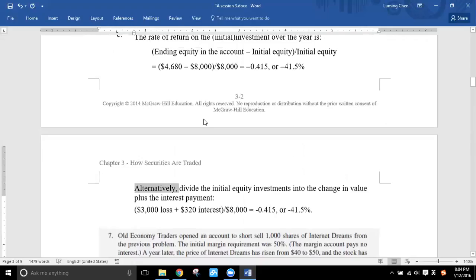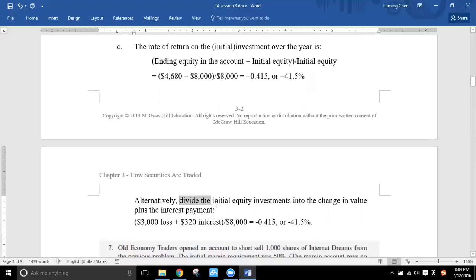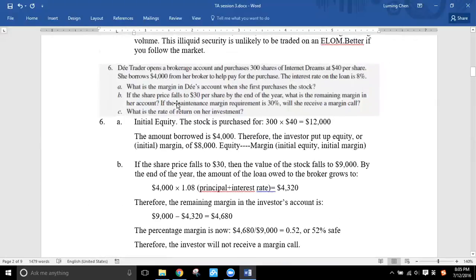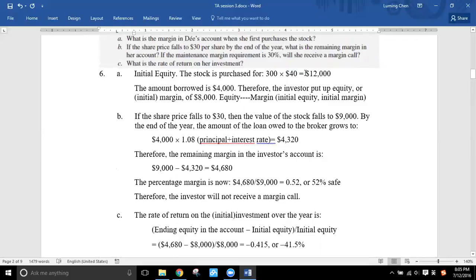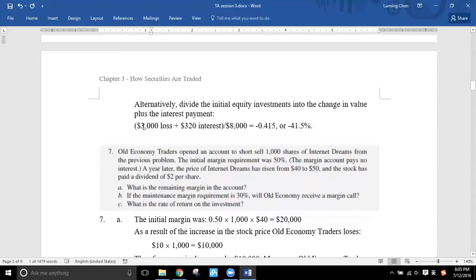Alternatively, you can also calculate the rate of return by dividing the change in value plus the interest payment by the initial equity investment. So when the stock price drops from $40 to $30, the loss is from $12,000 to $9,000, which is a $3,000 loss. And still, you have to pay back your broker the $320 interest. So the net loss over initial